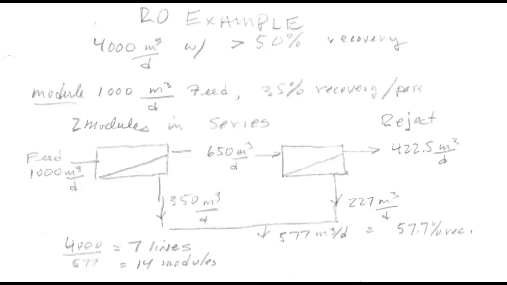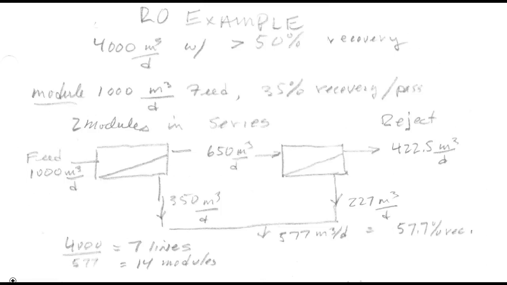In this video, we're going to discuss two examples. In the first example, we want to produce 4,000 cubic meters per day of water from seawater with a 50% recovery. Each module can handle 1,000 cubic meters per day with 35% recovery. So with two modules in series, the first module would receive 1,000 cubic meters and produce 350 cubic meters per